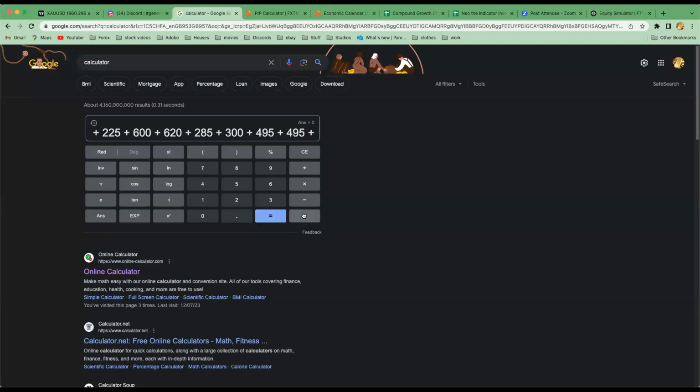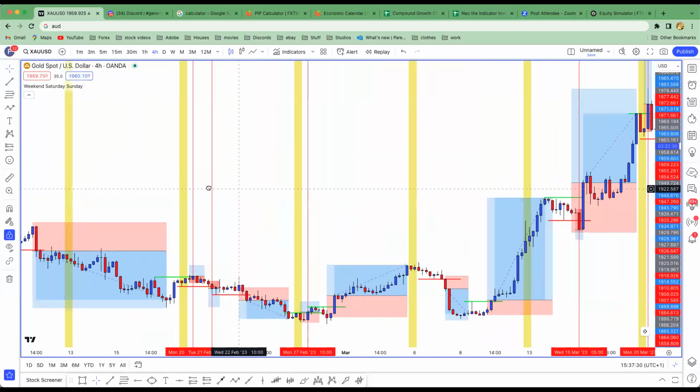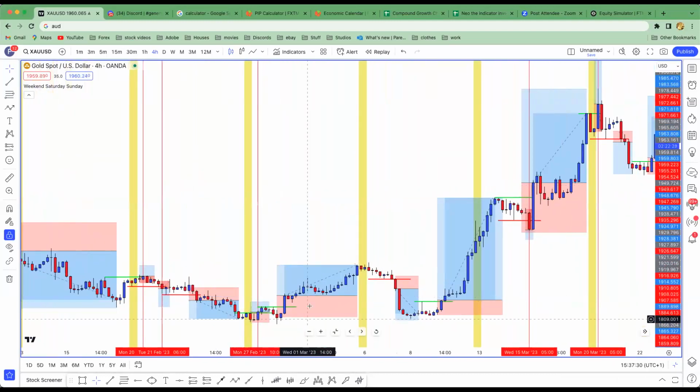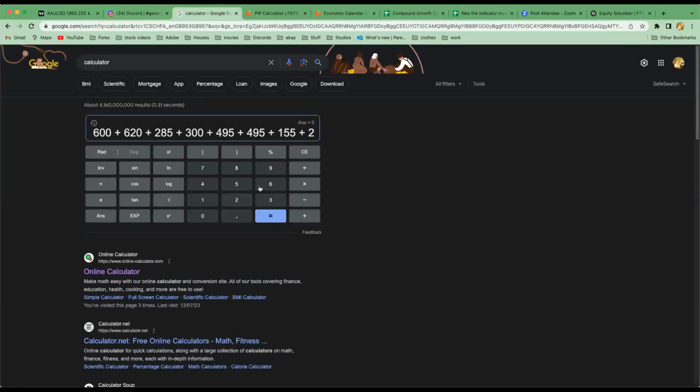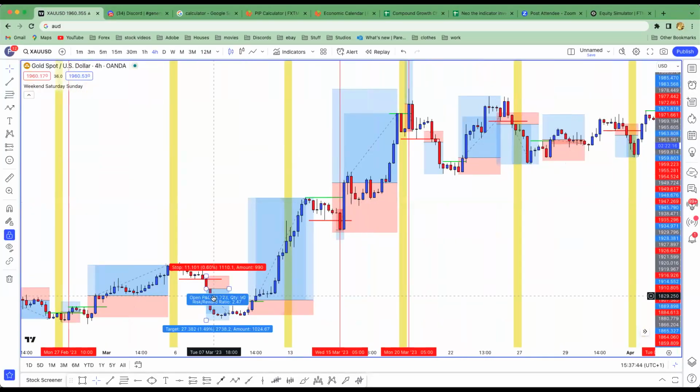I always round my numbers to fives. Just makes it easier for the maths. Most times I round down, I never really round up. 265 plus 270 plus